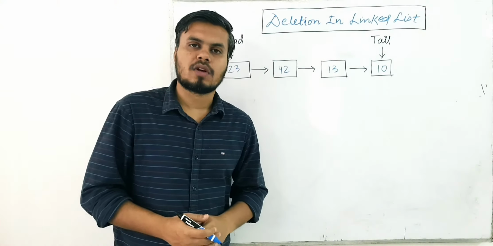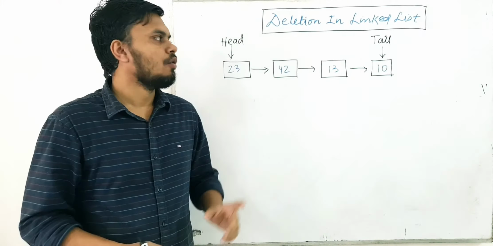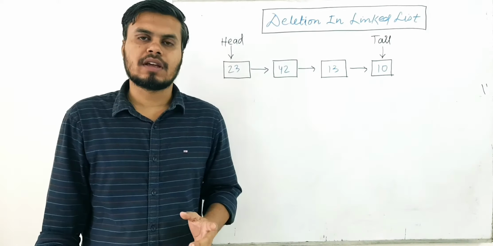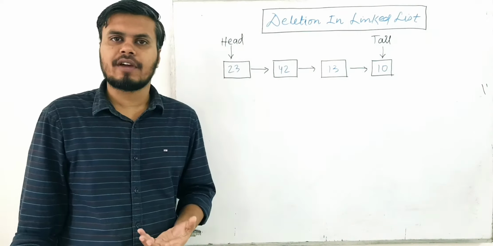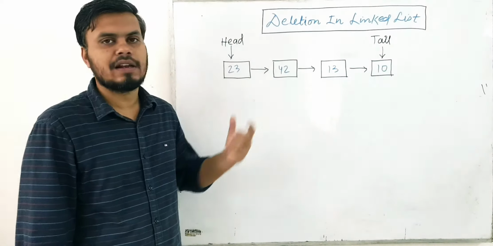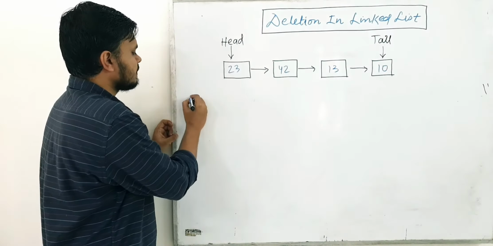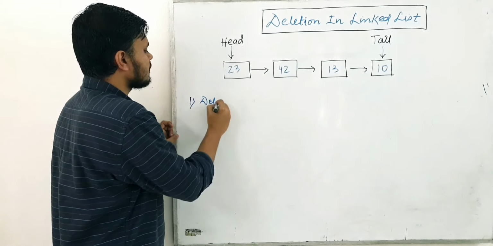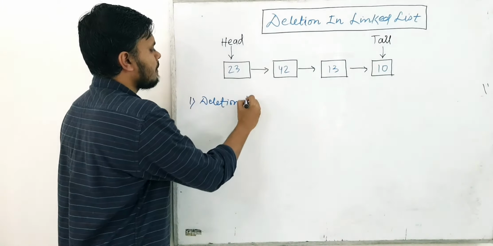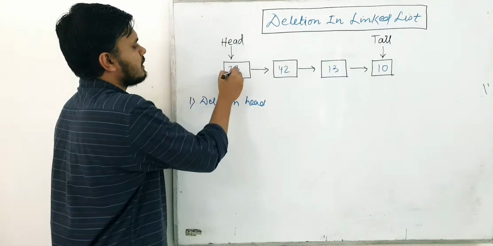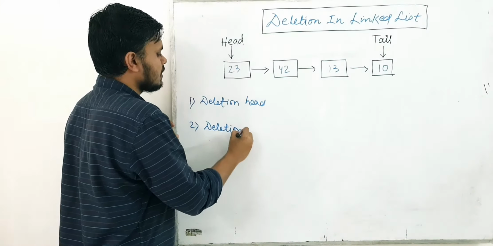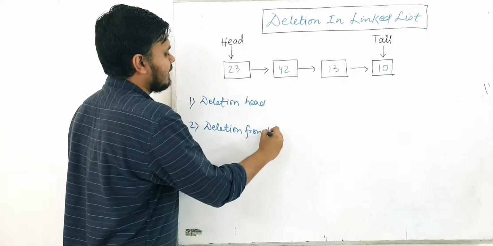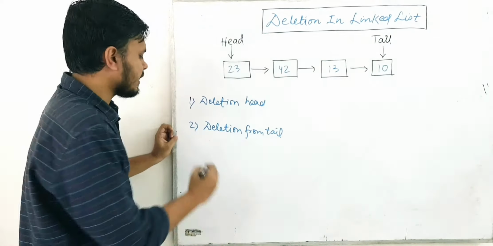Hi. So now that we are done with insertion, we'll learn how to delete items in a singly linked list. There are three different ways to delete items from a singly linked list. The first one is deletion from head, from this side. The second is deletion from tail. And the third one is